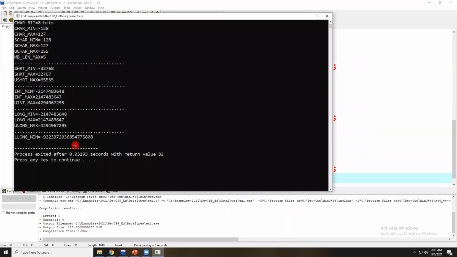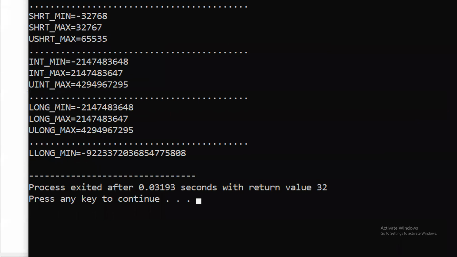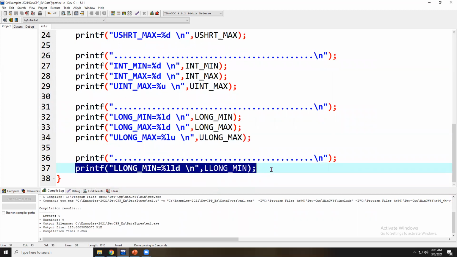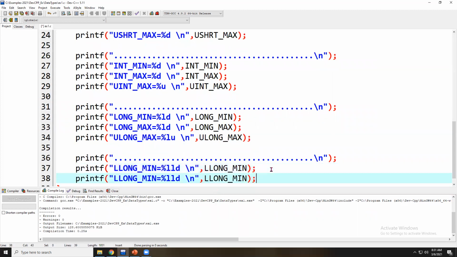So we got the range of long long min, which is minus 9223372036854775808. That is the long long min range value. Similarly, I try to print the long long max value.